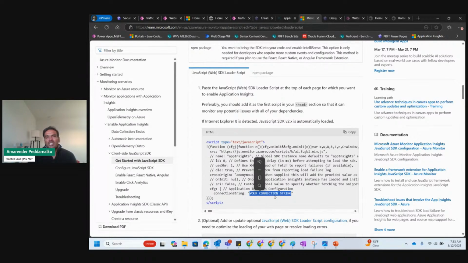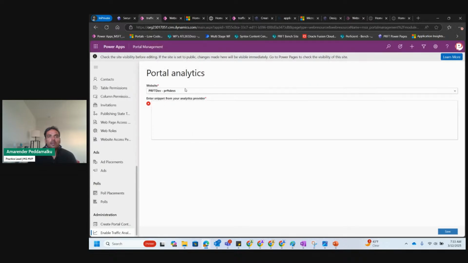So Application Insights is essentially where everything gets logged, and you can analyze the traffic. It has an ID, and you simply paste that ID here, copy this script, and paste it into here.